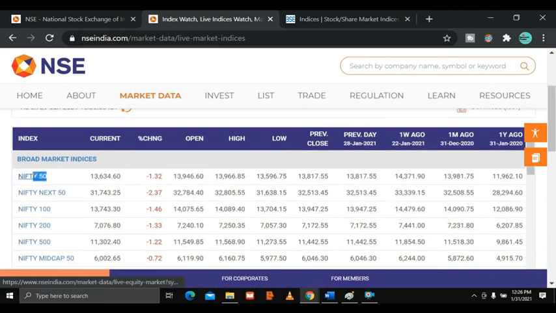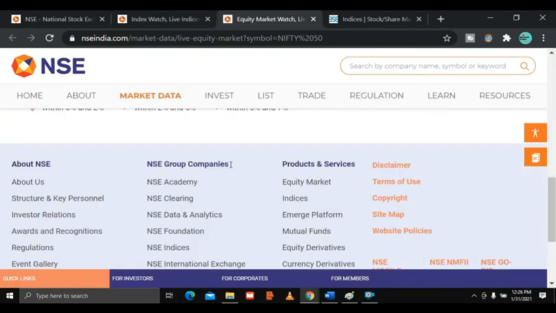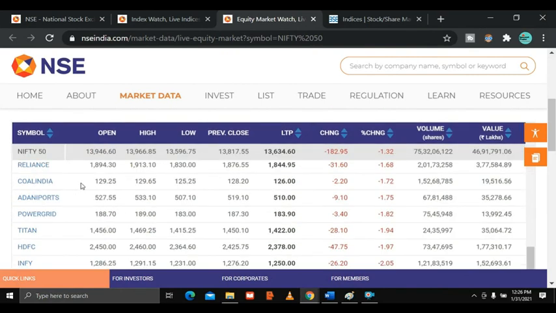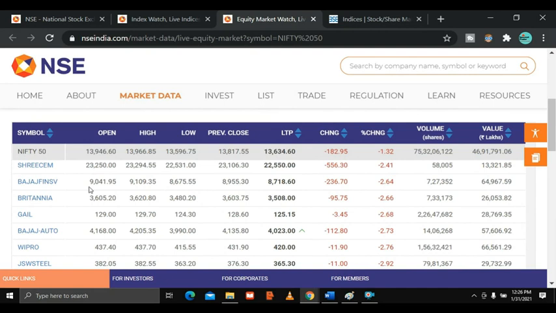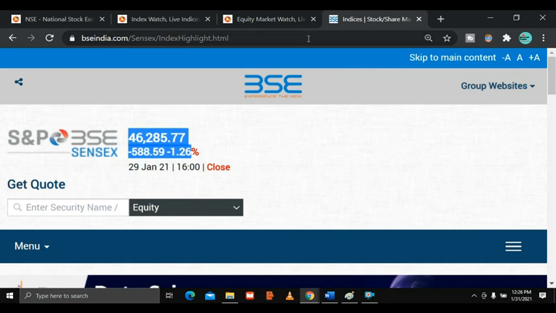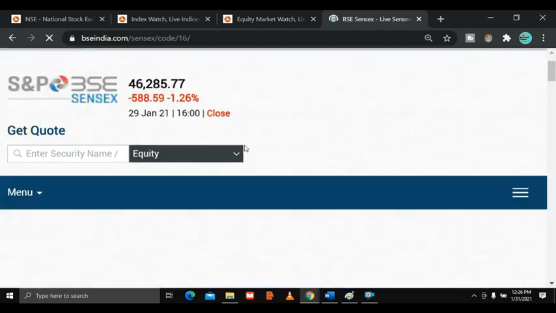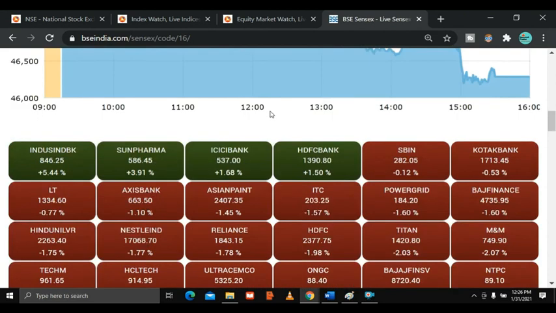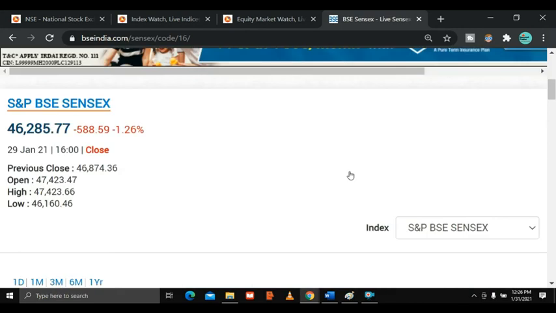If I see this, look at this Nifty 50. I'm going to click on that. Look at this now. Look at the magic. Under Nifty, as you can see, a lot of stocks are there. What I'm coming to say here is that in Sensex, please listen to me carefully, they took 30 different stocks. If I click on Sensex, these are the 30 stocks. Sensex comprises 30 different stocks. They took 30 different stocks and formed an index. They call it a Sensex.